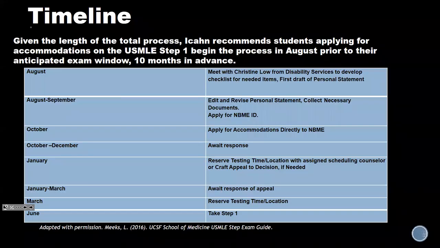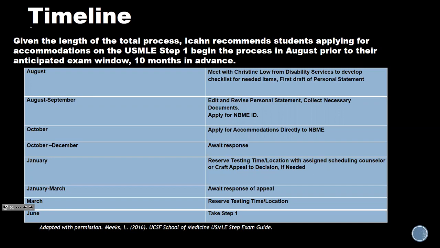Once you know when your students will be testing, you can create an application timeline for the students. This is the timeline that I use with students. I recommend starting the application process 10 months before students want to test. I suggest that students start the summer after first year because at Icon, that's when they have the most time in their schedule. And so it allows them to do a variety of things like gather historical documentation from home